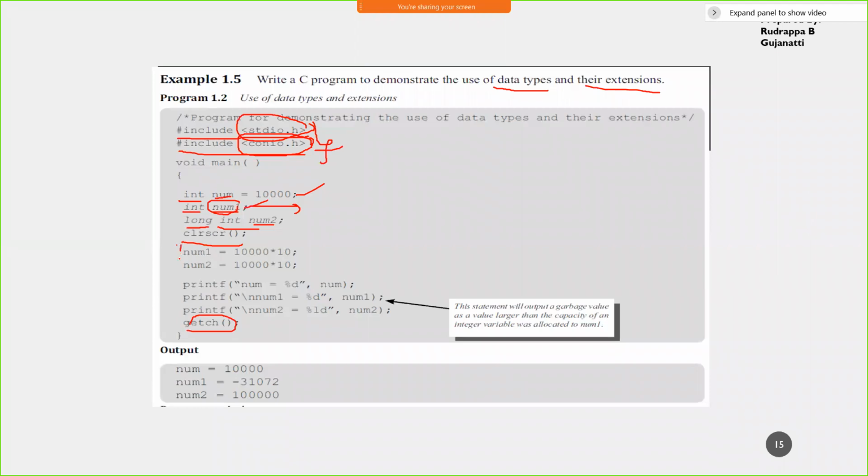Here num1 and num2 are being reassigned values, since these are variables, so we can change their values. In this case, you are using the printf function to print the values. Remember, this is the format specifier %d. It implies that d is used for integer, so it indicates that the parameter you have to print is an integer parameter. Similarly, for long you have to use %ld. So this is how it goes around with respect to all these aspects.